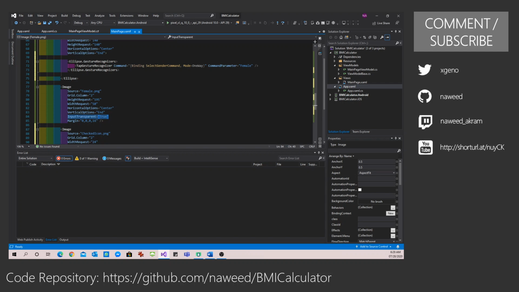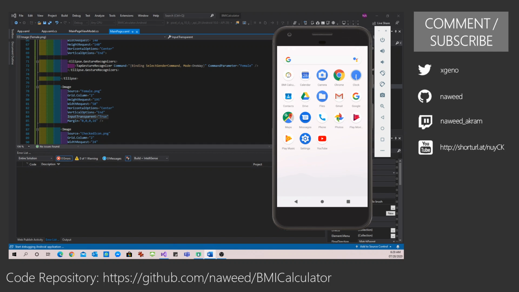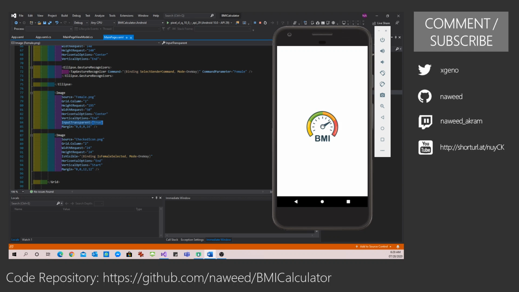So that is why I'm setting InputTransparent to true for my avatar images, so that it does not capture my touch events. Now with this one, if I run my application, we will see it would start to take shape.